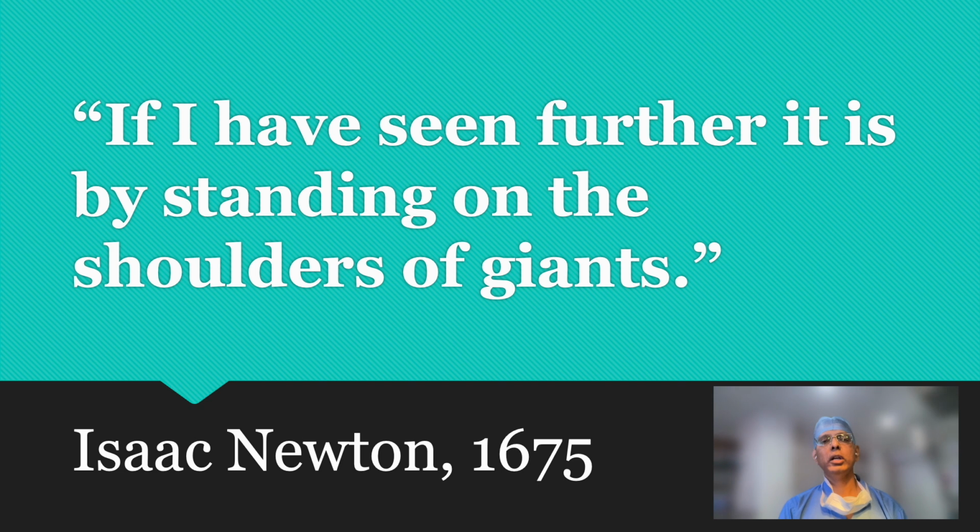Isaac Newton wrote in a letter dated 1675, "If I have seen further, it is by standing on the shoulders of giants." This phrase conveys the idea that one's achievements are built upon the knowledge and discoveries of those who came before. This phrase is a metaphor for intellectual progress through the accumulation of knowledge across generations. This is true for all the advances seen in anesthesia today. We must be grateful to our ancestors who worked relentlessly without much of the support